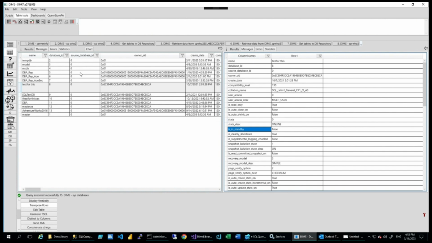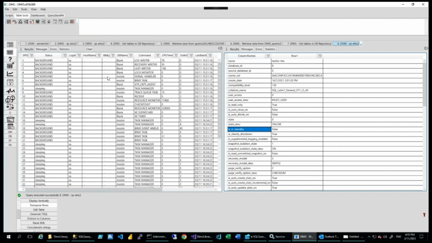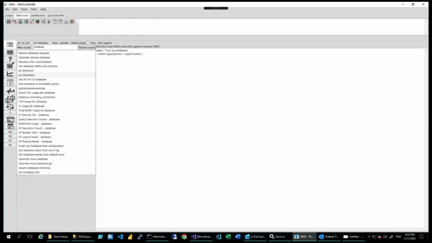So for example, for the cpwho script, I can attach some legend, and if I select the cell under the column, it will search. If I go to view legend, I will see exactly what this means. So this is information about the script. Use a background thread such as resource monitor or deadlock monitor. If you run, for example, scripts like this one,